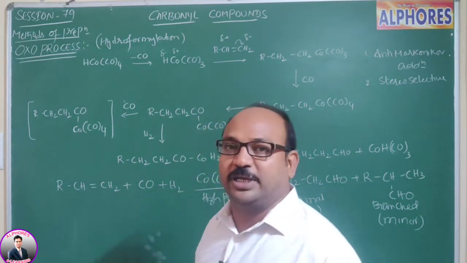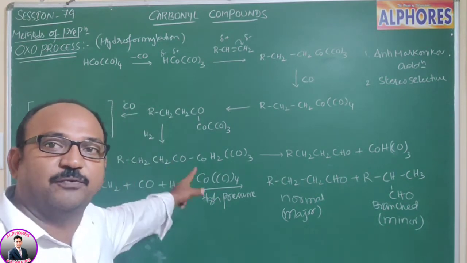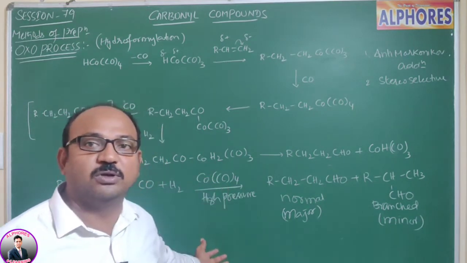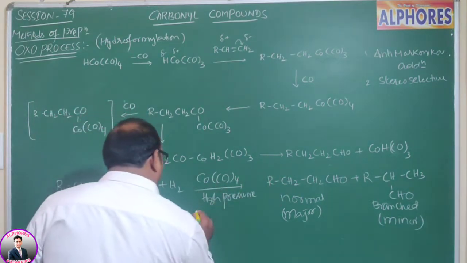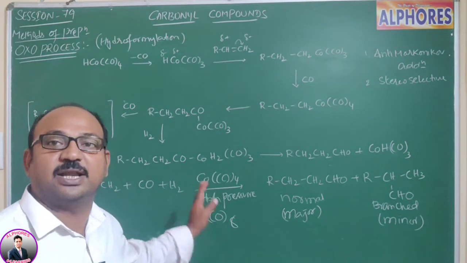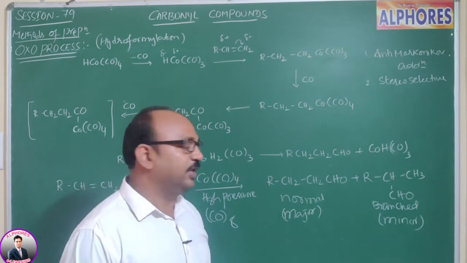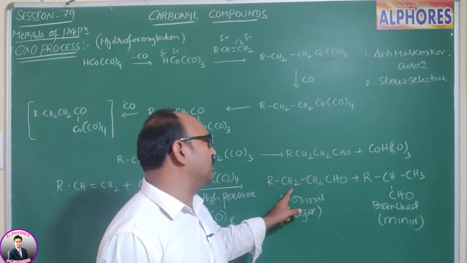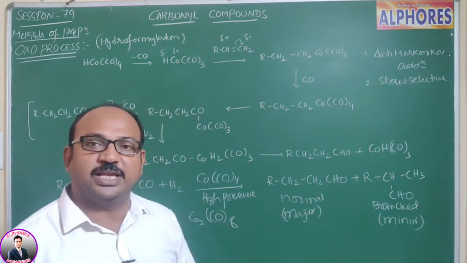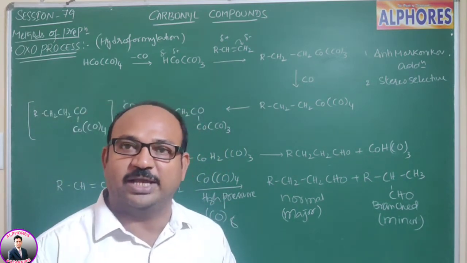Here carbon monoxide and hydrogen in presence of cobalt hydrocarbonyl, that is Co(CO)4, and basically it exists as a dimer, which you can also represent as Co2(CO)8. The same cobalt tetracarbonyl we can also write as Co2(CO)8. We are getting RCH2CH2CHO. If you observe here, we add one hydrogen to one carbon and CHO to the other carbon. Overall HCHO addition means hydrogen towards one carbon, CHO towards the other carbon.